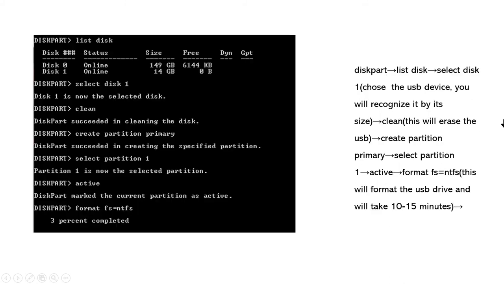diskpart → list disk → select disk 1, choose the USB device, you will recognize it by its size → clean, this will erase the USB → create partition primary → select partition 1 → active → format fs=ntfs. This will format the USB drive and will take 10 to 15 minutes →